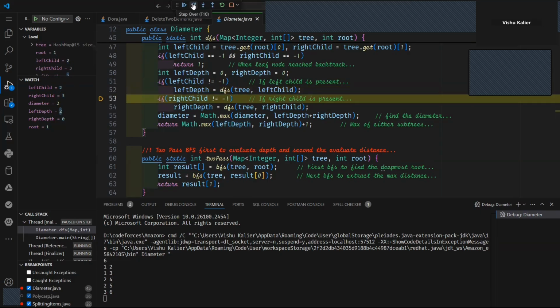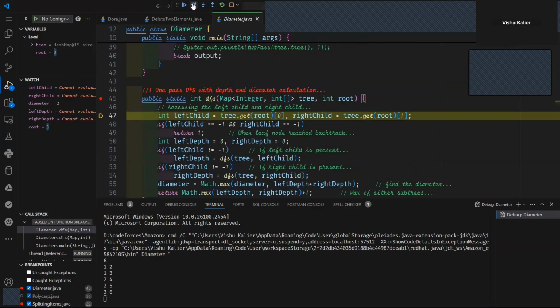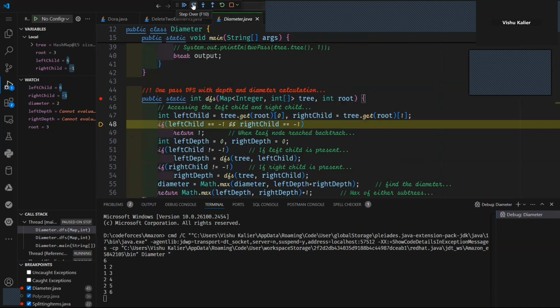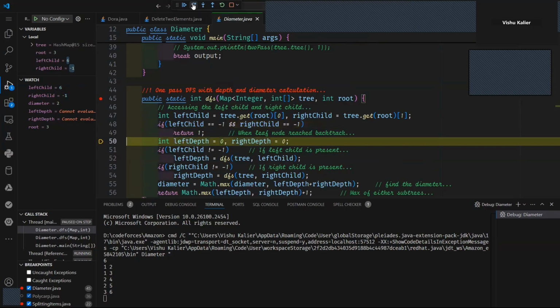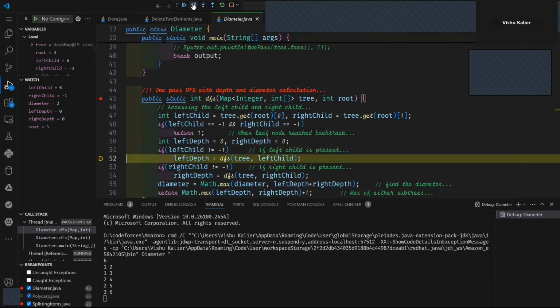Right. Now from the right child, we go to the right depth. The current node is 1. Now we go to node 3. Left child is 6 and right child is -1. That means 3 has only a left child of 6. Okay. Now we go to the left depth and the right depth, and again we go to the left subtree,